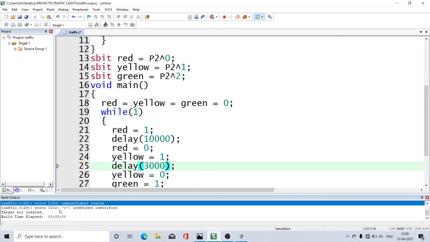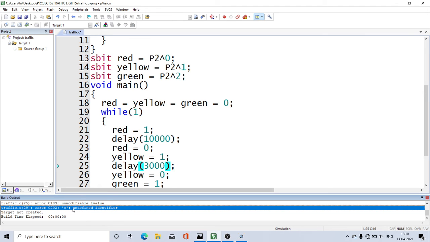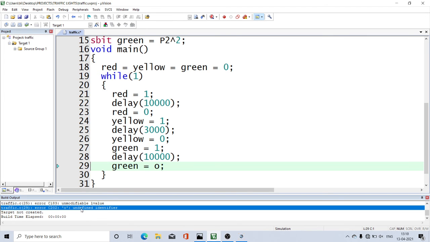Then next, the second error, 0 undefined identifier. So if I double click this error, it highlights where the error is. So this line is showing an error. This 0 is an undefined identifier. This value I have taken as the letter O. It should be the digit 0, but I have typed it as O. Such kind of errors happen because you can see on the keyboard both 0 and O are above and up. Sometimes purposefully or mistakenly you will do that. It may cause an error. So change that value to 0.